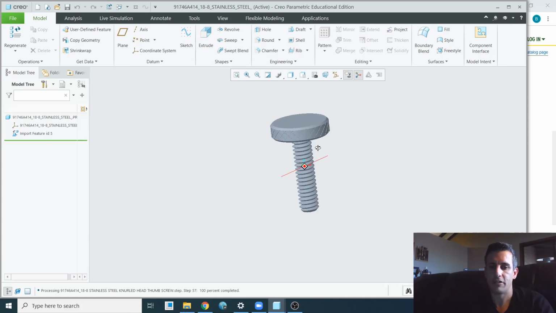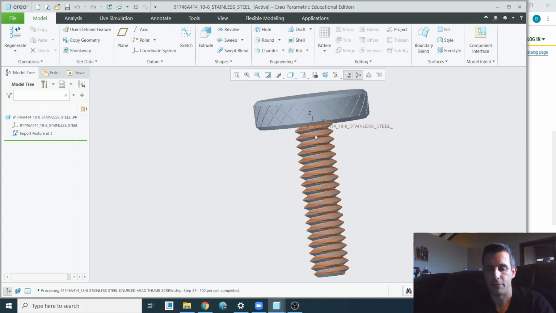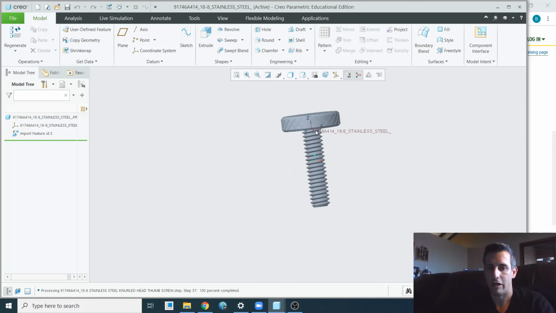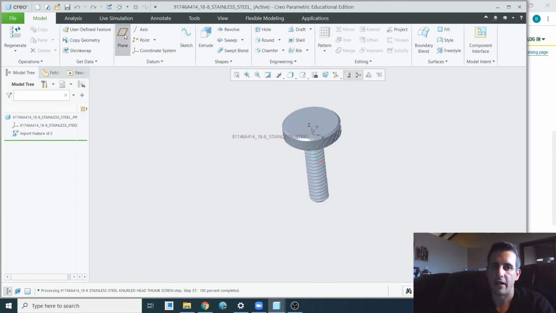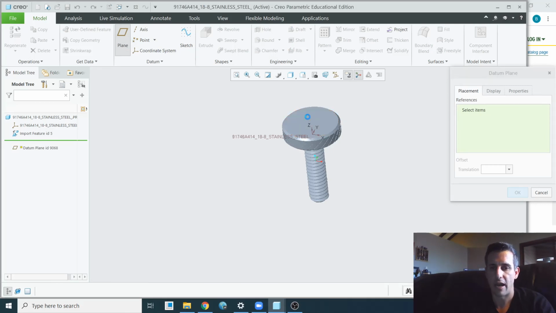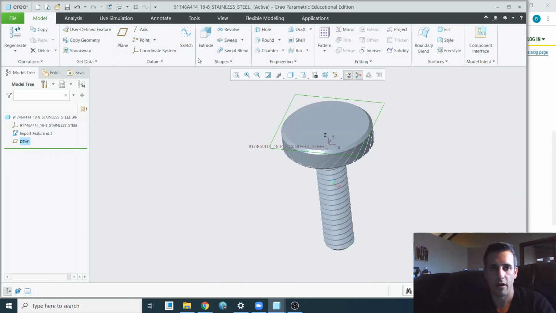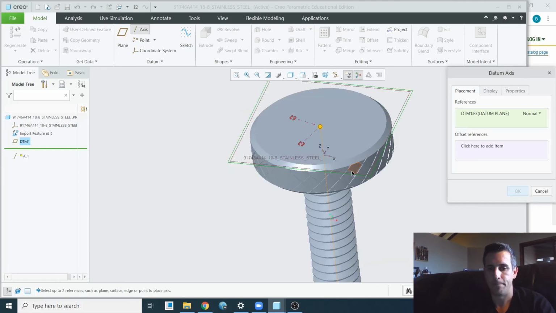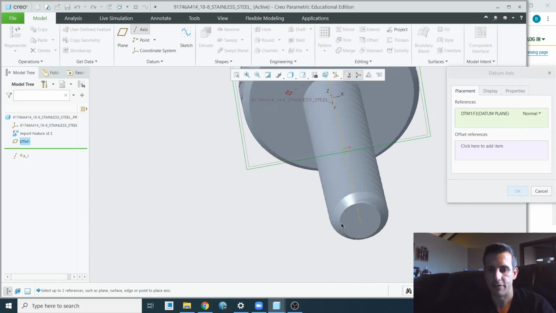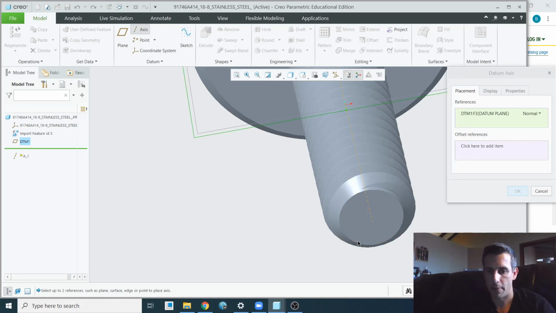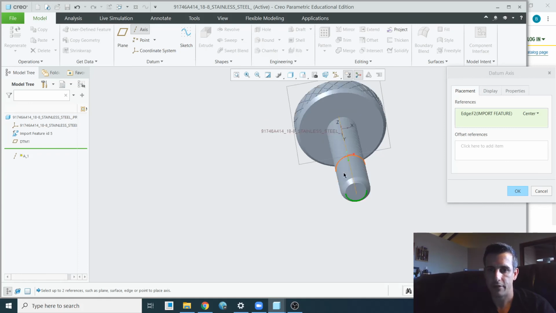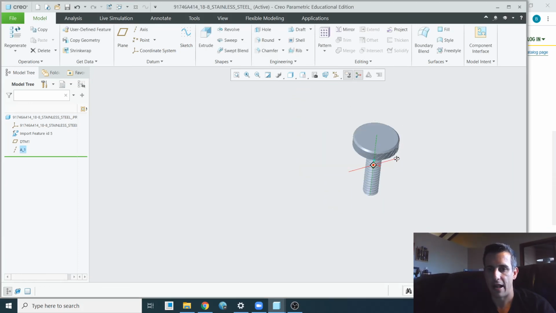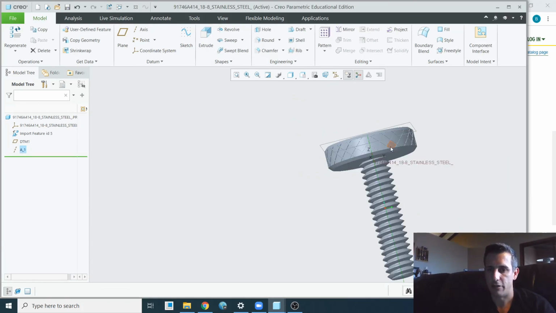Now, the problem with STEP files is you can't edit them. Like, you can't change the length or anything like that. They're kind of a dummy solid. But what you can do that might help is add planes. So if you want to add a plane that goes on the head here, and then maybe an axis that goes down the middle, those are all options that would help. Let's see if I can get this to go down the middle there. Okay, so I have a plane and an axis now, and now I can use this in any of my